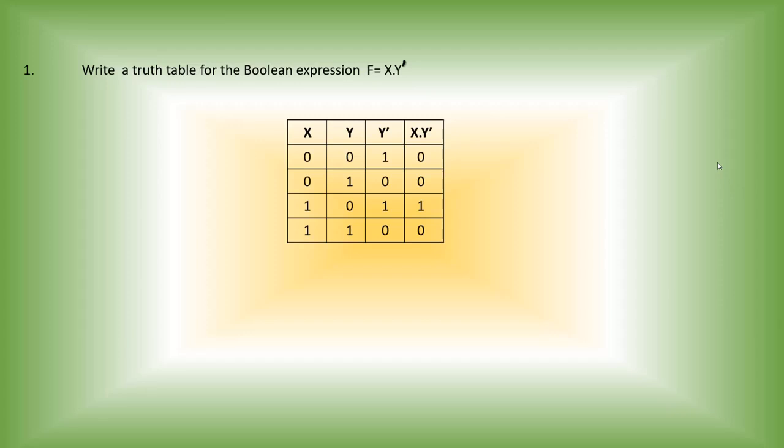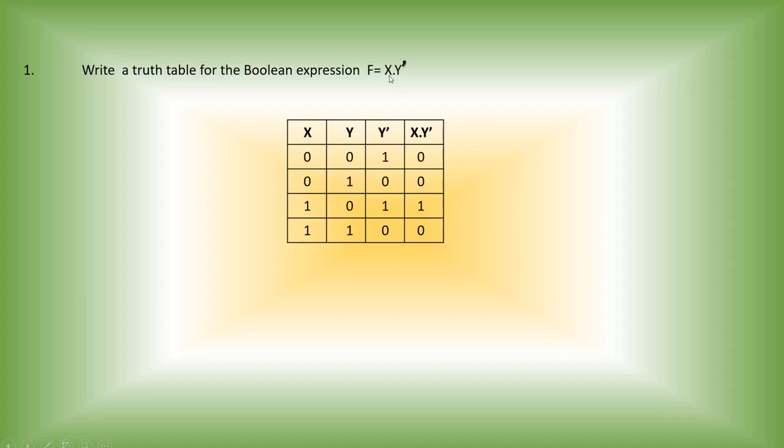So 2 variables means how many combinations of values? 2 raised to 2 combinations of values. So your truth table consists of 4 different combinations of values. That is why I have written x, y, and 4 different combinations of values over here. This is the 4 different combinations of values. See the way that I am moving the mouse pointer. These are the 4 different combinations of values.